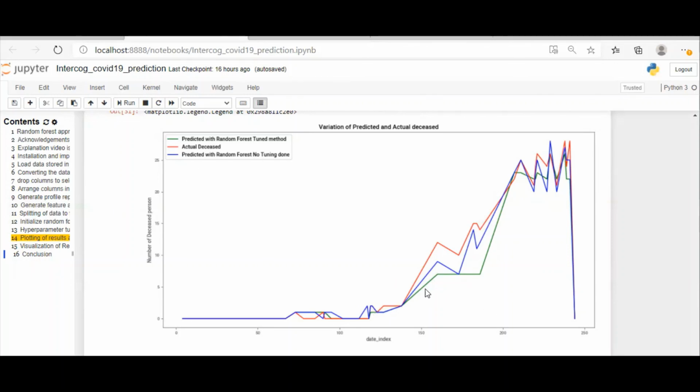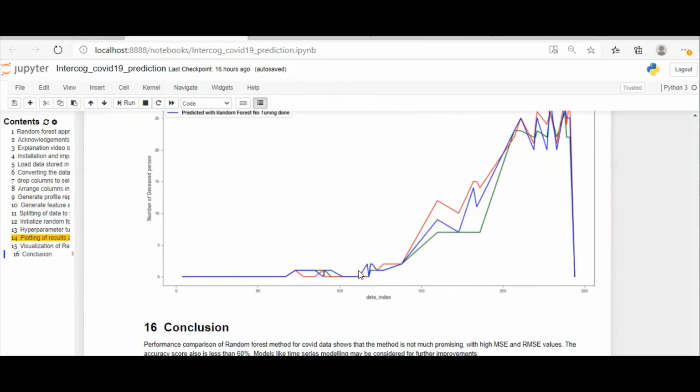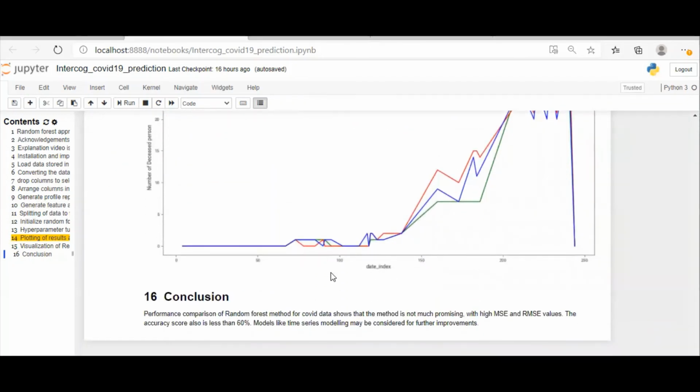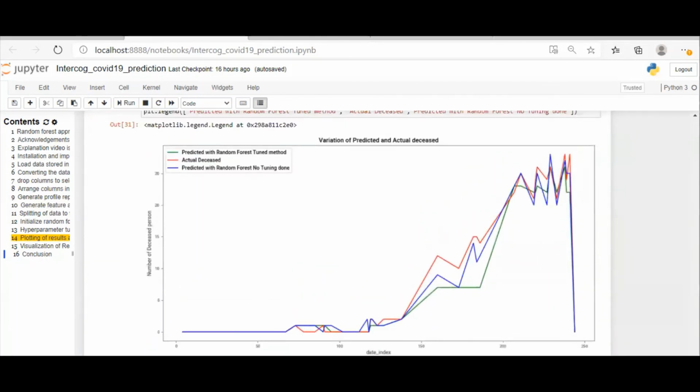So you will see that though blue color is not exactly predicting the number of deceased persons, it is still quite close, closer than with tuning. So this method is giving us somewhat accurate results, but the method without tuning is more preferred than the method with tuning.